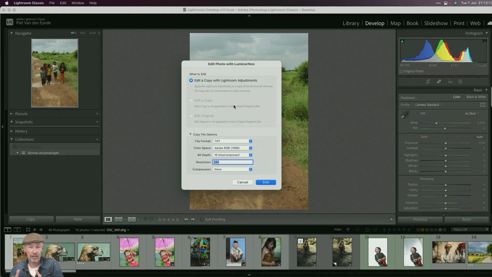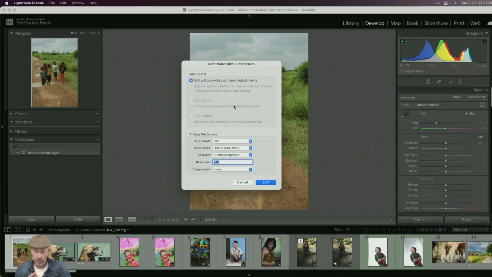For that reason, things like cropping or black and white conversions, I generally don't do at the start. In fact, the only thing I do is maybe minor corrections to the whites or the blacks to have all the possible detail to send over to the plugin. But I won't do major tonal shifts or color correction before I have done whatever I want to do in the plugin, because the more drastic adjustments you do in Lightroom beforehand, the less useful information that Luminar has to